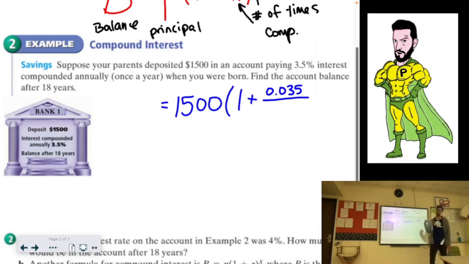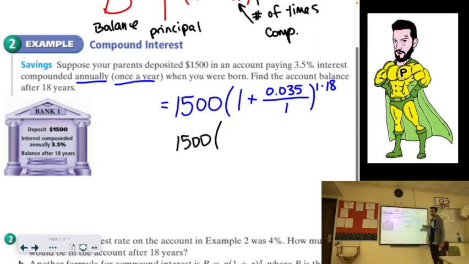Now, how many times is it compounded per year? Well, it says annually, which means once per year. So the denominator would be a 1. That number also comes up here and gets multiplied by the number of years, which we have 18. Now, there's a lot of 1s in this. If you're multiplying or dividing by 1, it doesn't change it. So if we clean this up a little bit,